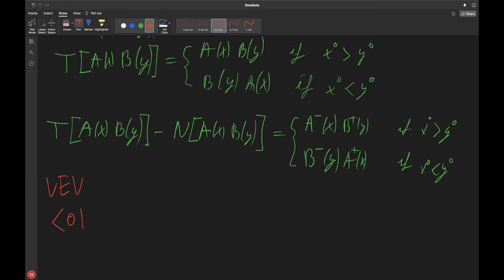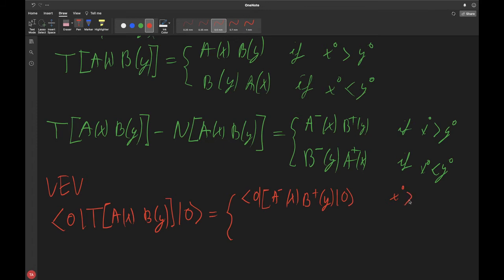The vacuum, I think, the T of A(x)B(y) acting on the vacuum is this thing plus these things, but these things give a 0 contribution, so we could just include that. That is the same as the vacuum of the A minus at x, B plus at y acting on the vacuum,